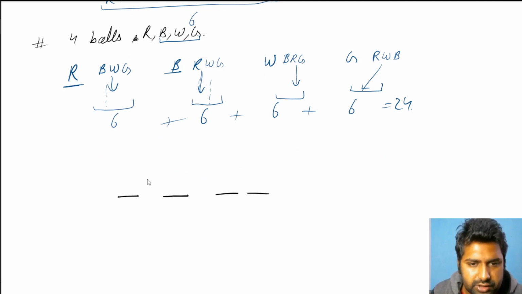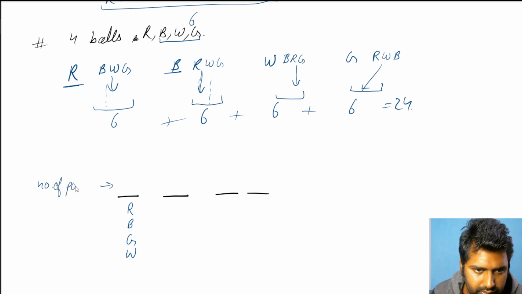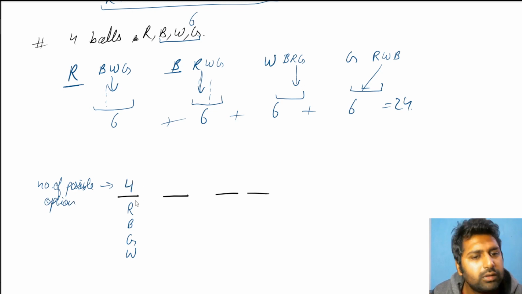Now we don't know in which place which ball will come. So as such, we'll start from here. We'll start with the first ball, that is red can be here, or black can be here, or green can be here, or white can be here. So we'll write here number of possible options available. So for first position, there are 4 different balls that are available, which can come at this